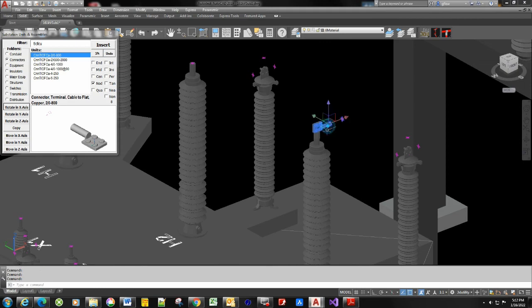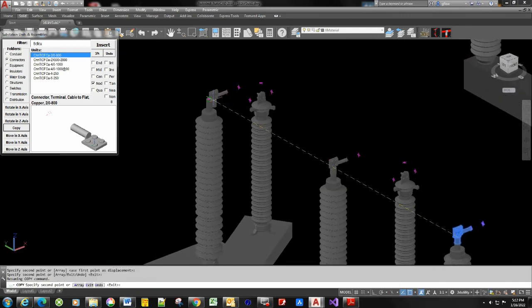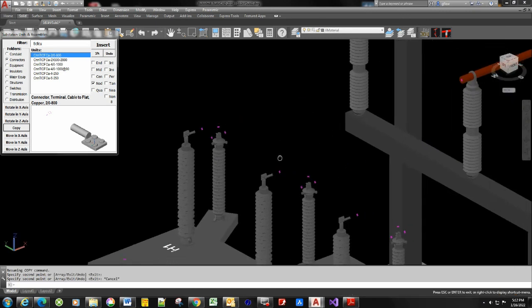Now I need to copy those, and again I want to pick both of them. I'll pick the stud connector second, so that when I copy it, it's going from the base point of that stud connector, because that's what we're snapping to there. Now let's go up here. We need to put in our